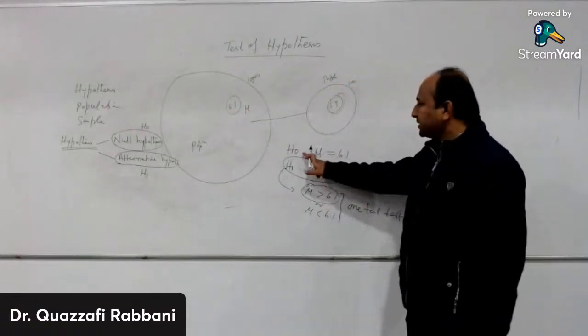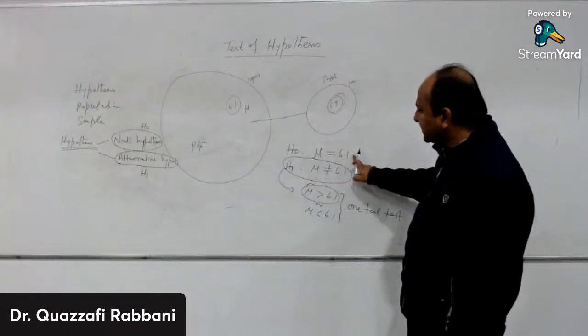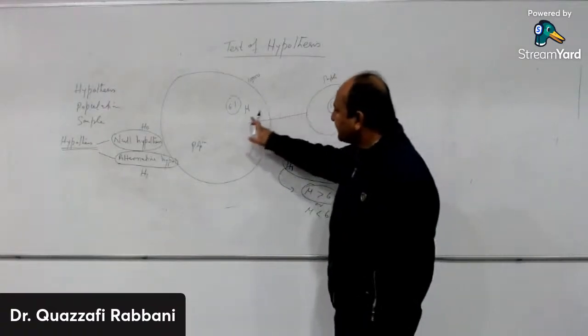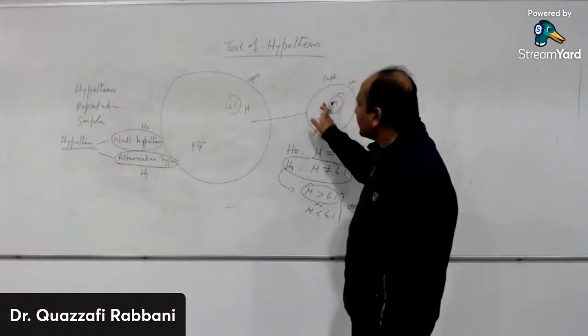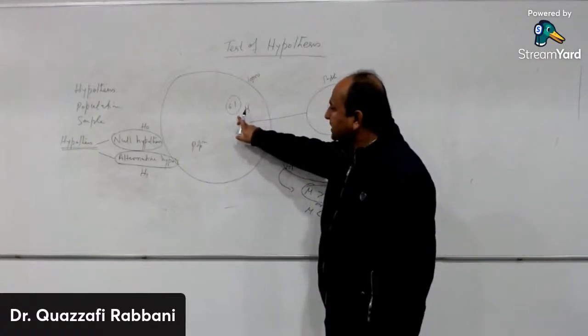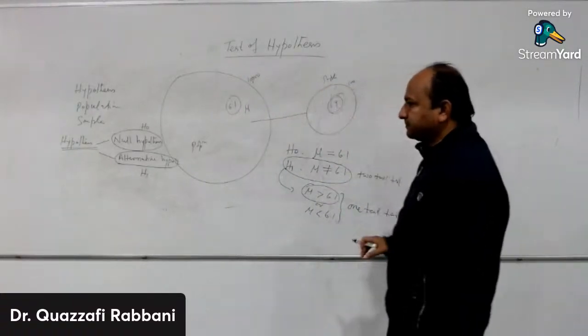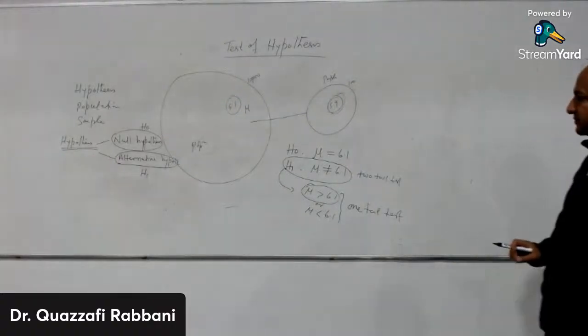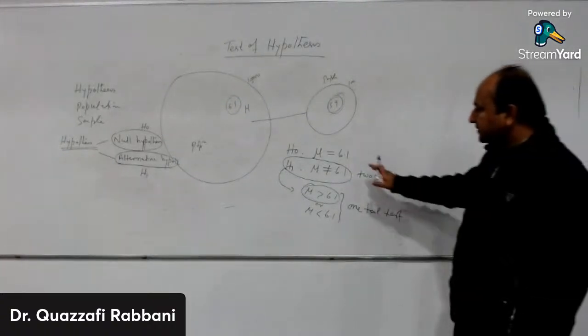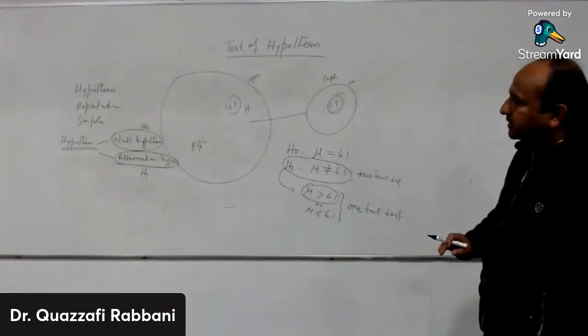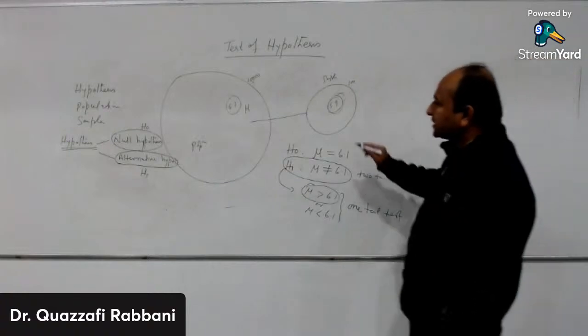If H naught, the null hypothesis, is rejected, it means this difference exists and we cannot support this claim on the basis of this sample. So this is the null hypothesis and alternative hypothesis. The next term is